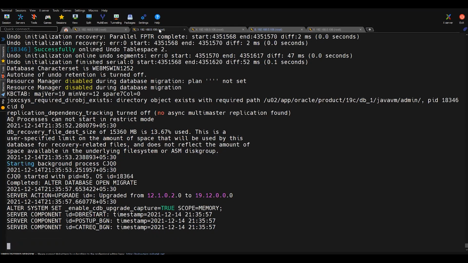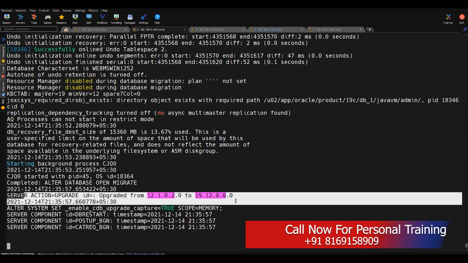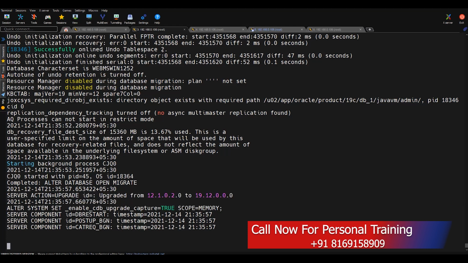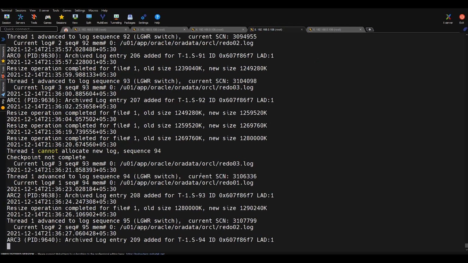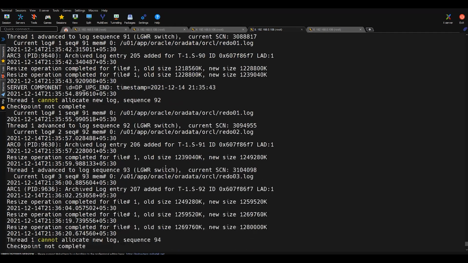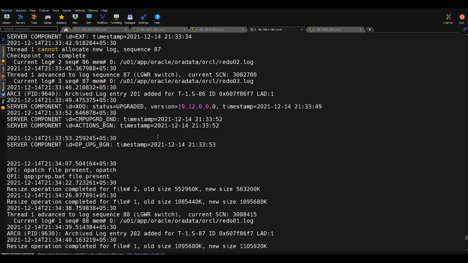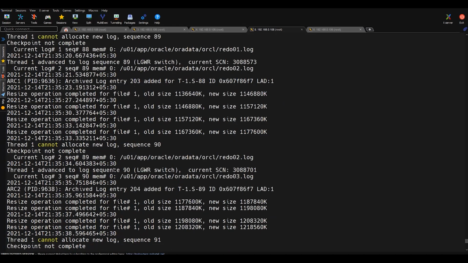And in the alert log, we can see the database server upgrade actions almost completed. For the test database, this was on 12C, so it is upgraded. And for 19C also it is already in the process. If you look at the alert logs, here you can see that components are already getting upgraded.